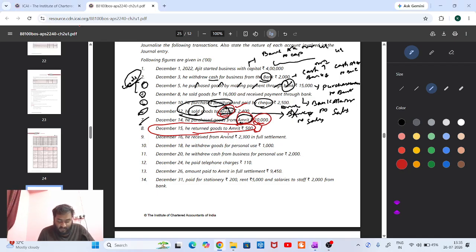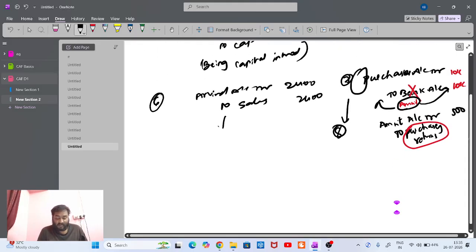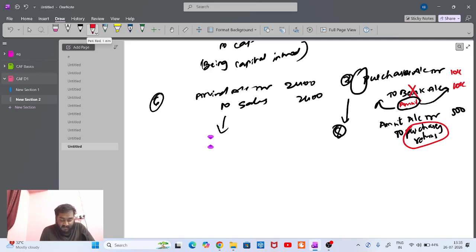He received from Arvind 2,300 for full settlement. Full settlement. So how much did he have to pay? 2,400. But he paid 2,300. Apparently, maybe there is a chance that we have given discount to him. We don't like it, but we have given discount. So, in order to close the balance, Arvind is our debtor. Debtor means it is a debit balance to us. In order to close the debit balance, we credit the account. So, to Arvind,